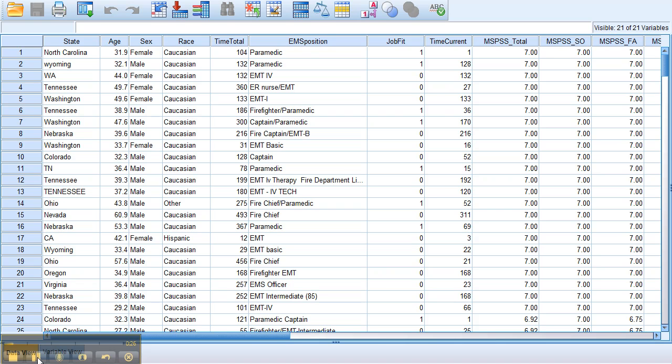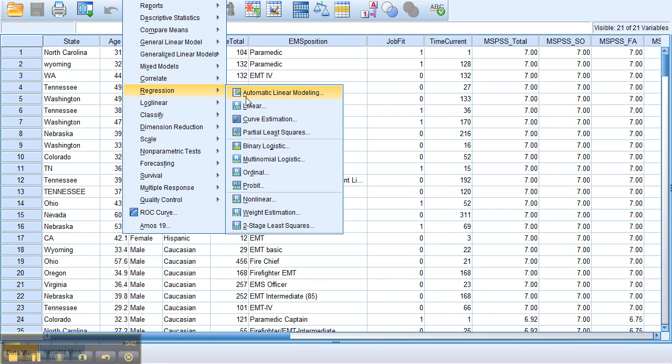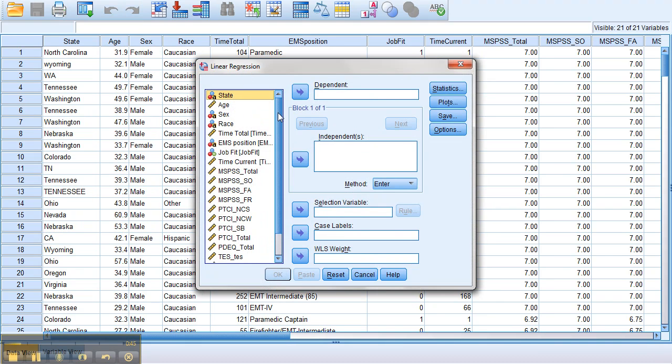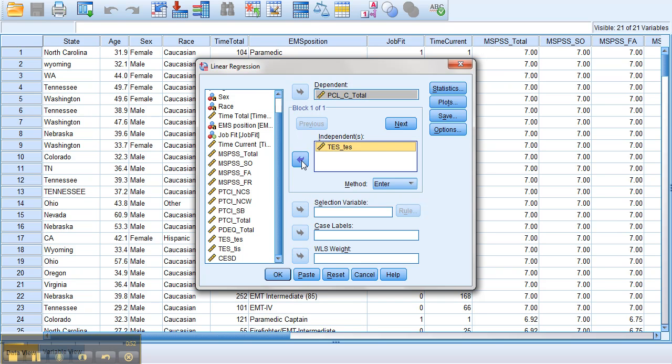All right, the first step we're going to take is actually run the multiple regression. We're going to look at the regression analysis printout itself. All we're going to do is pop down to that residuals box at the end. In order to start this, we're going to go to Analyze, Regression, Linear. What we're trying to predict are PCLC scores, which is a PTSD variable. We're going to use the Traumatic Event Scale, Social Support, MSPSS total, as well as a variable related to negative